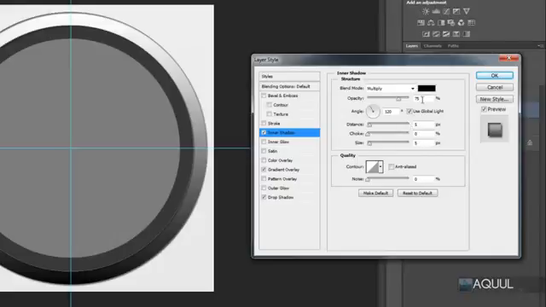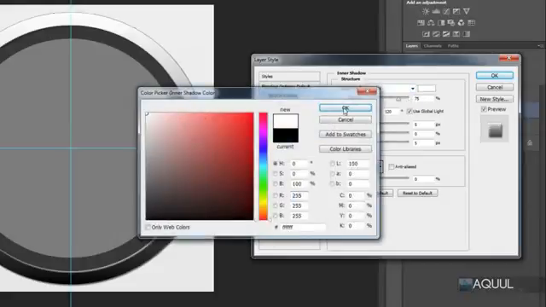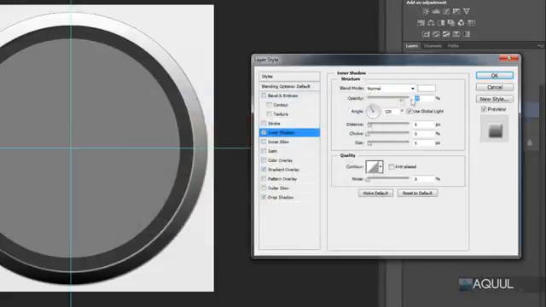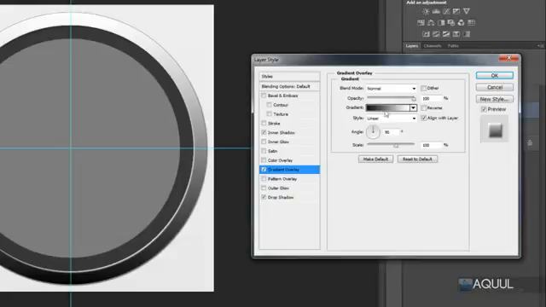And to create a little highlight, I'm just going to change the blend mode of this to normal, the color to white, the opacity to 100%, distance to 5 pixels, size to 5 pixels, and that is all for the inner shadow. Now you just want to choose the gradient overlay,